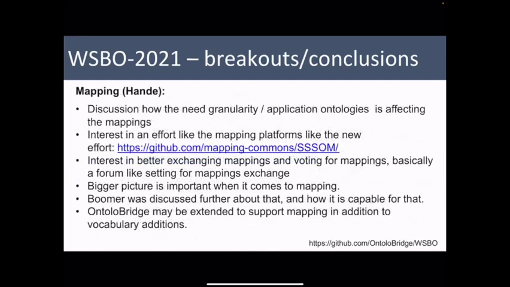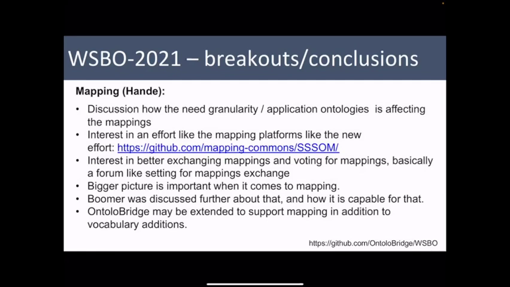But summarizing from Hande about mapping, there were a bunch of discussions about granularity, applications of ontologies, how this is affecting the mappings, how the level of formality affects mappings. How can this be resolved? How can the various ontologies and the mappings lead to better overall solutions? Interest in a mapping platform, like this SSSOM platform, better ways to exchange mappings, voting for them, kind of like a forum, keeping the bigger picture in mind. And then the tools, like BUMA, how it can be used, and then potentially OntoloBridge could be extended to include mapping in addition to vocabulary term requests and term additions,